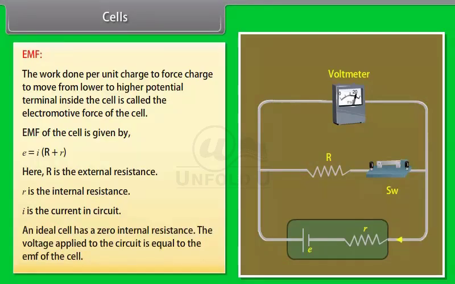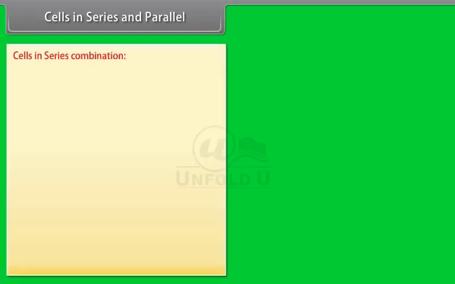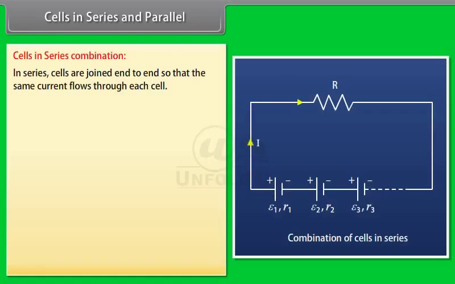An ideal cell has zero internal resistance. The voltage applied to the circuit is equal to the EMF of the cell. Cells in series and parallel. Cells in series combination. In series, cells are joined end to end so that the same current flows through each